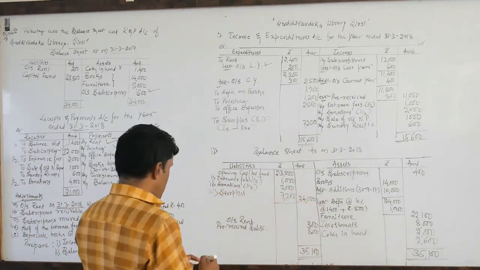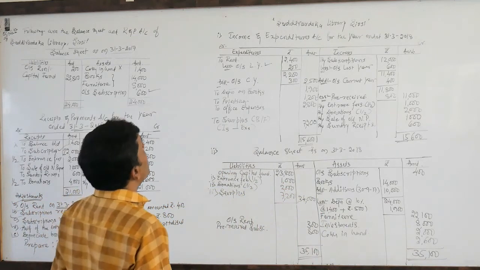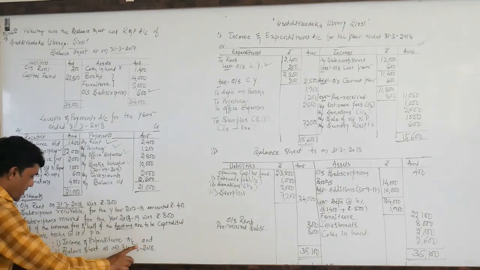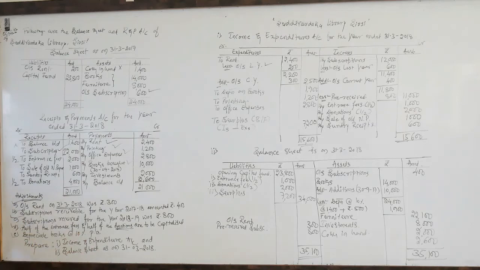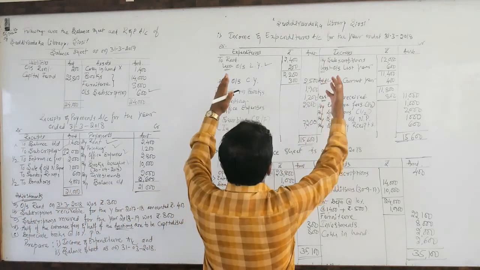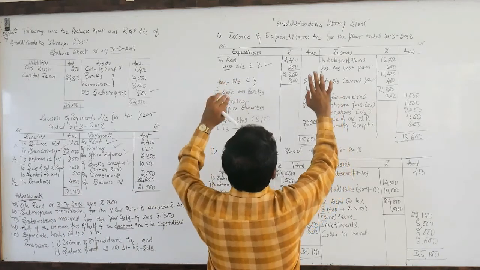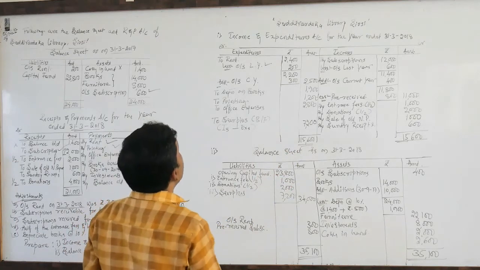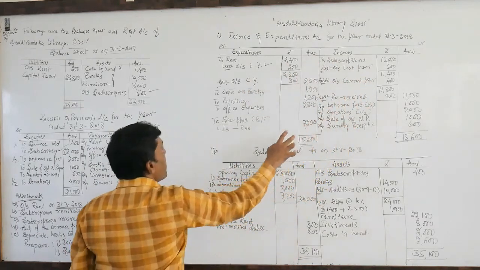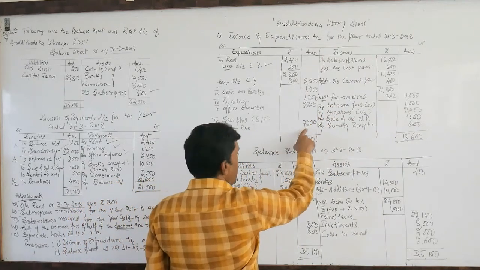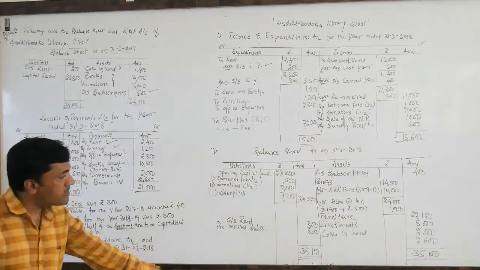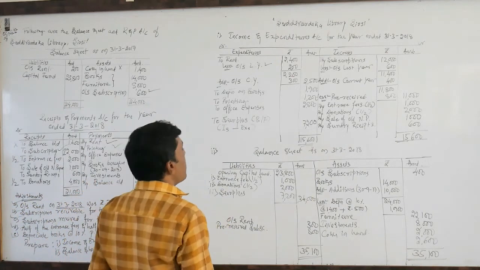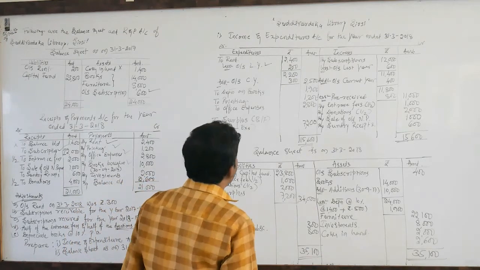So dear students, keep in mind, as per the question, they have asked us to prepare one income and expenditure account and another the balance sheet of the current year. Here we have solved the problem by preparing the current year income and expenditure account and the current year balance sheet. With the help of the income and expenditure account we have ascertained the surplus of the current year. With the help of the balance sheet we have come to know the current financial position of the non-profit organization.